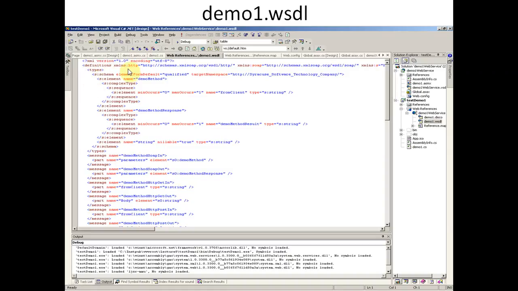You can see a definition, the XML namespace, again the namespace of the SOAP, then type, schema, element form default, and the target namespace also given here, as well as complex type and sequence. Inside the sequence we have an element, and the sequence is closed here, complex type is closed here, element also closed here. Again we have started another element, demo method response. First is demo method request, and the second one is the demo method response.